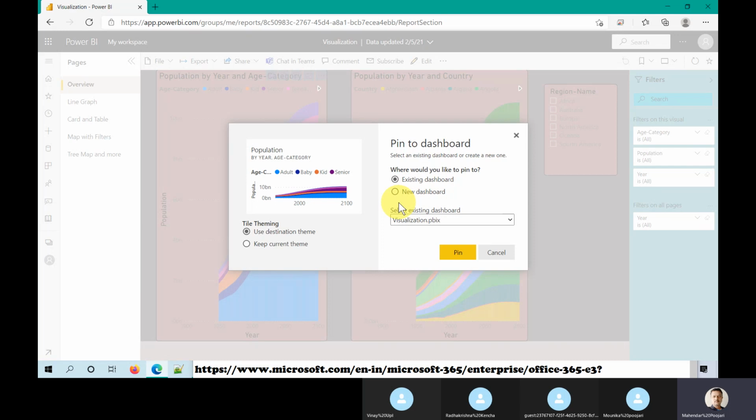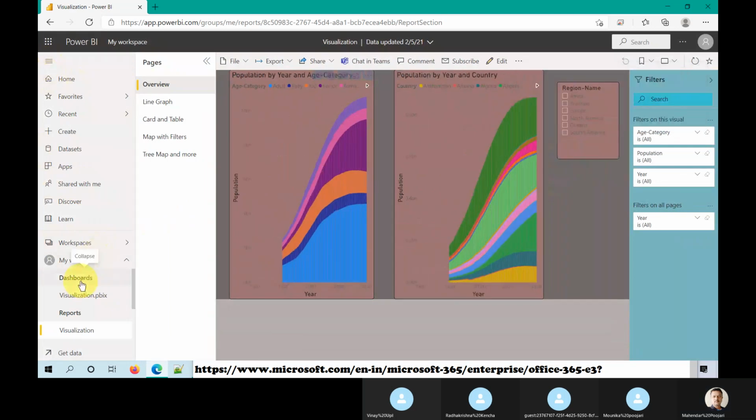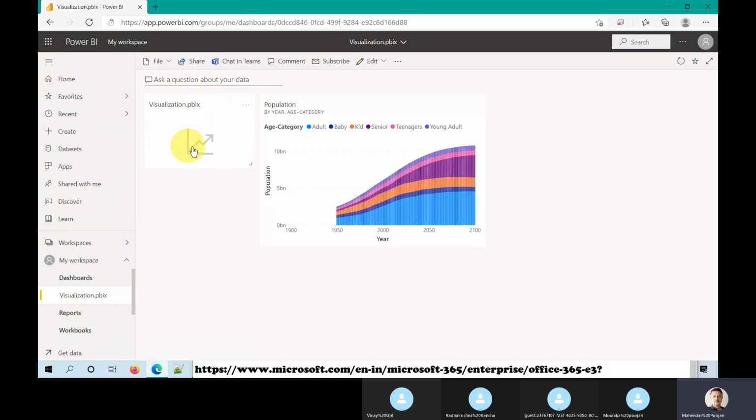Now, we don't have any existing dashboard. Actually, we already have one, the dashboard is created by default, but if you want, you can create a new dashboard, or you can use that one. Now let's go to the dashboard. You can go this way or go to the dashboard option. If you go here in the dashboard, now you have dashboards. Previously it was only one, but now you have another visual.